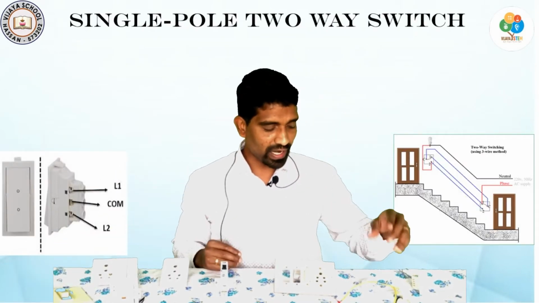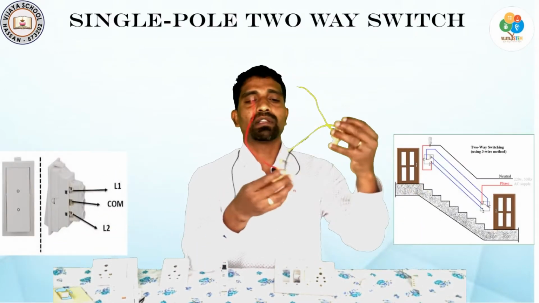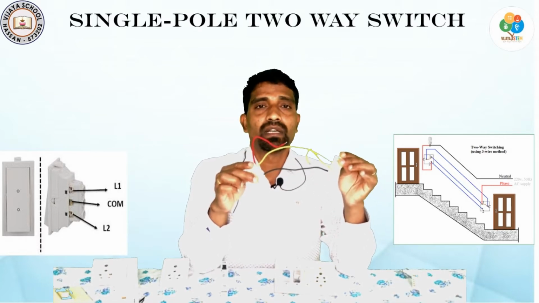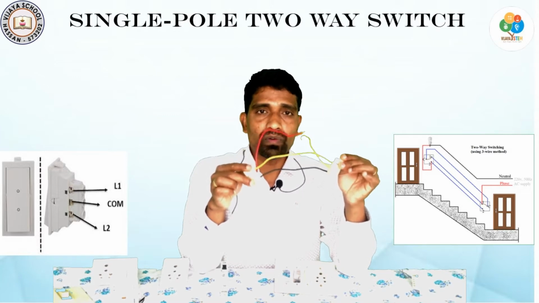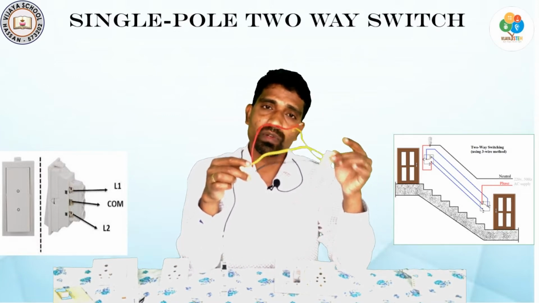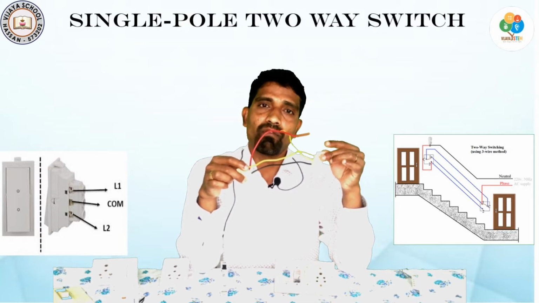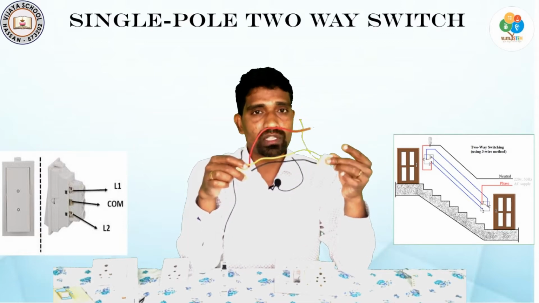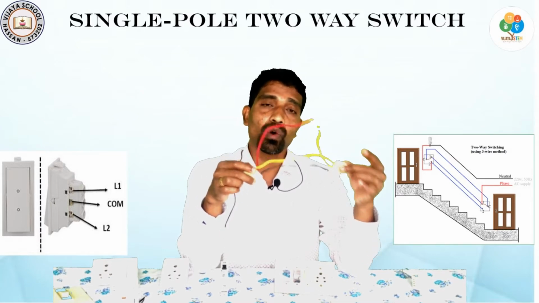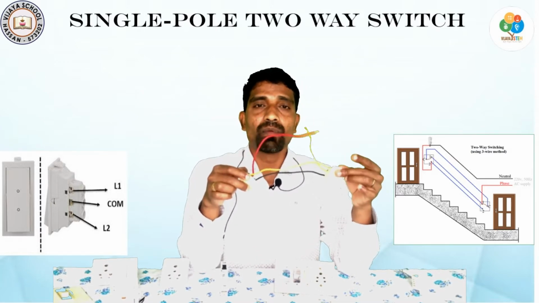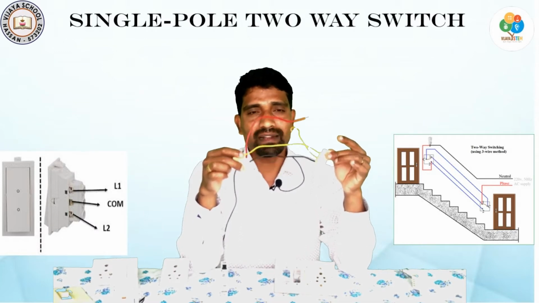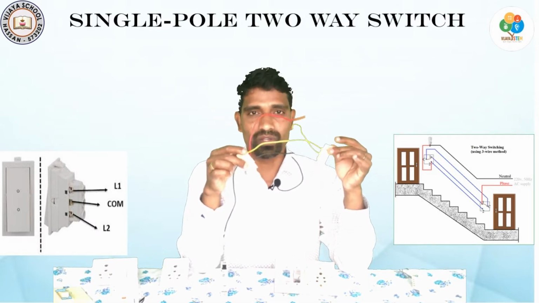Coming to the next variety, you have these types of switches. This is generally called a two-way switch. It will be helpful for you in your rooms where, when you enter the room, you switch on the light. You will go to your bed and you are going to sleep there. While sleeping, you need to switch off the same light. You cannot go there and switch it off. You prefer switching off that light just from your place. In that case, these switches are used.